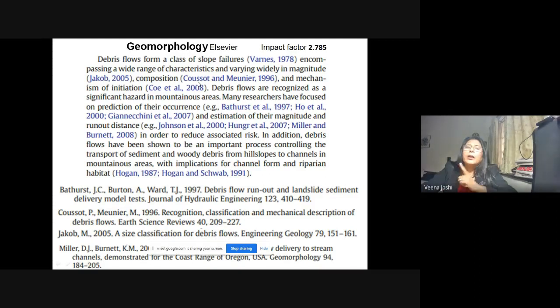Nothing other than the surname can come anywhere here. If there is a single author, it will be Varnes 1978. If it is two authors, it will be Kosot and Moriner. And if it is more than two, it is called et al. Et al. 2000 means there are more than two. All this you arrange here with the alphabet.